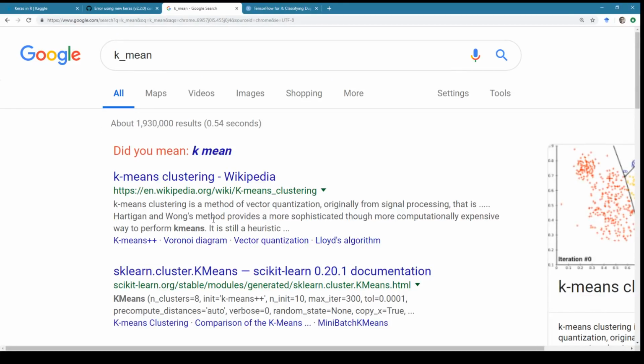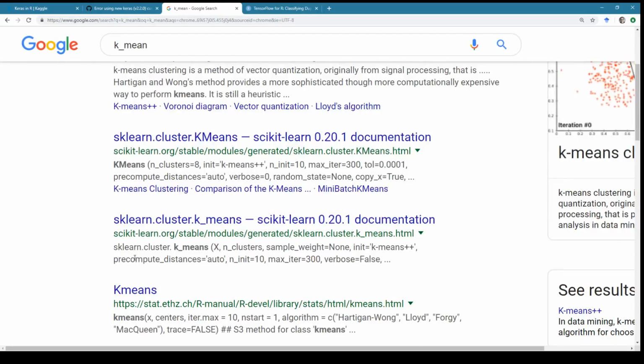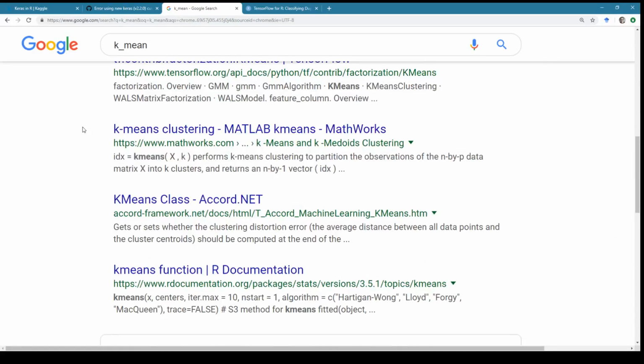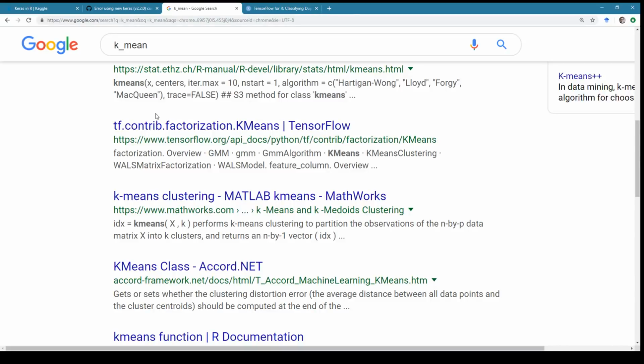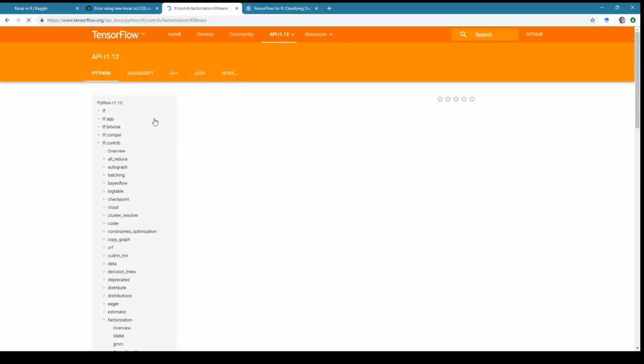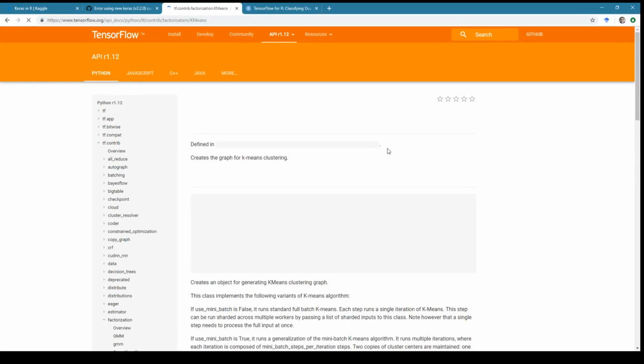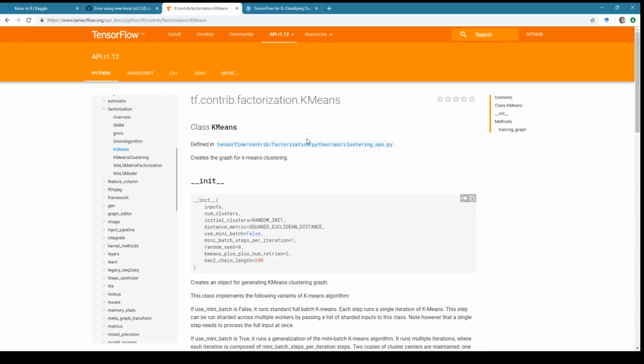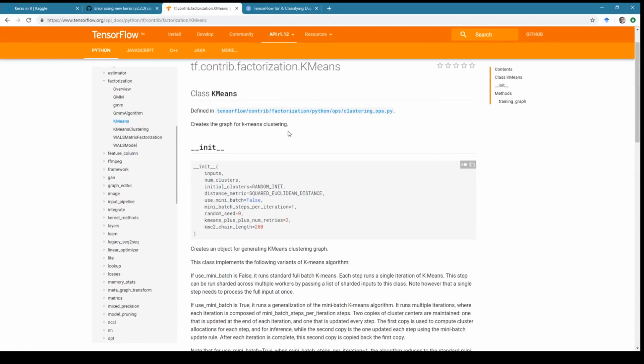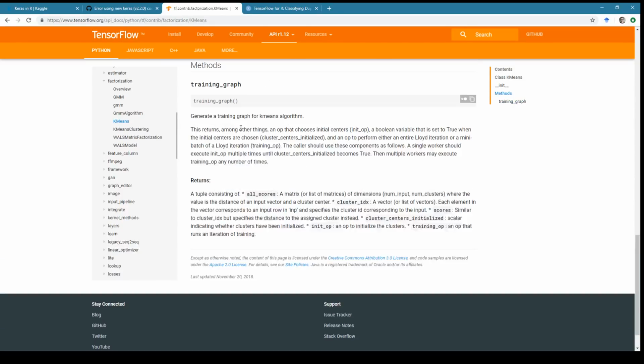K-means clustering. Scikit-learn cluster K-mean. TensorFlow contributor factorization K-mean. So is this for performing K-means, or is K-mean just an, creates a graph for K-means clustering?